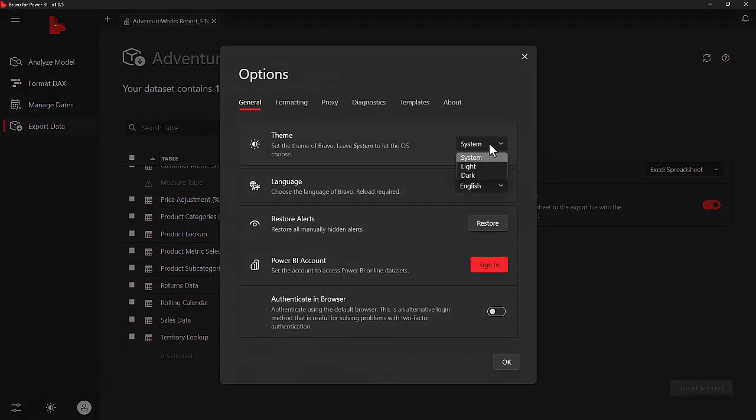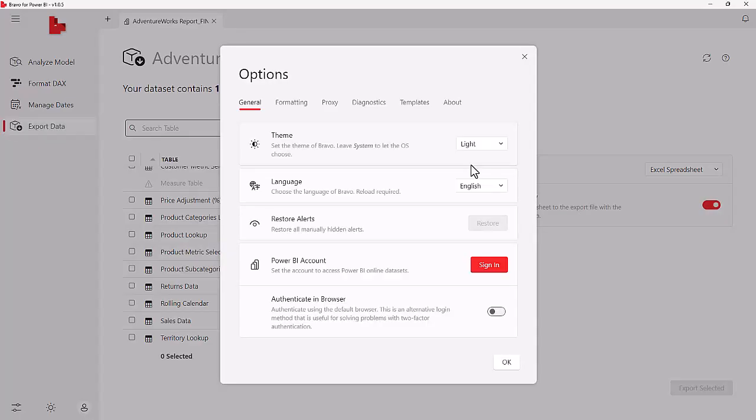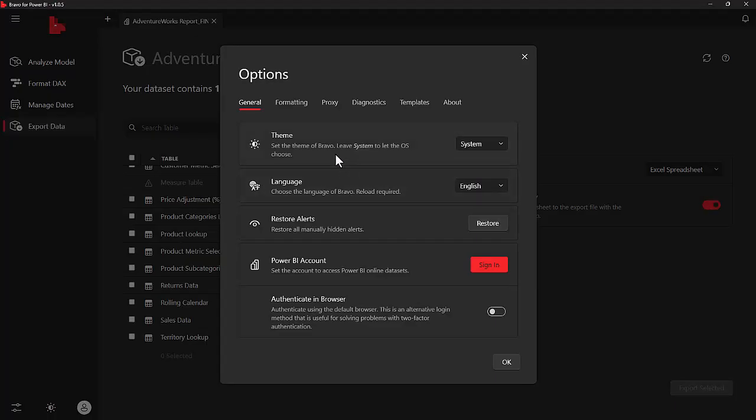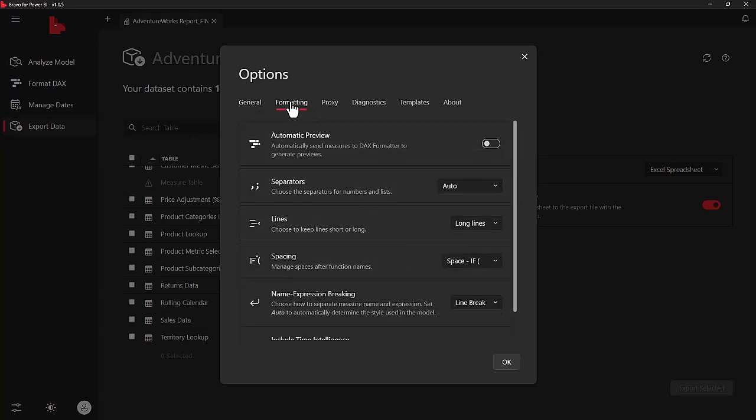You can use the system theme. You could change it to a light theme, depending on if you want that. So you've got some different theme options. You can choose your language. You can restore alerts. You can sign into your Power BI account. Then for formatting, you can do an automatic preview. Also for your separators, you can choose if you want auto or ABC or that type of